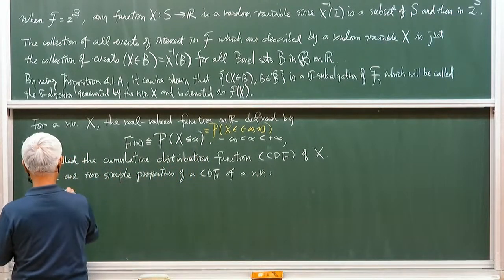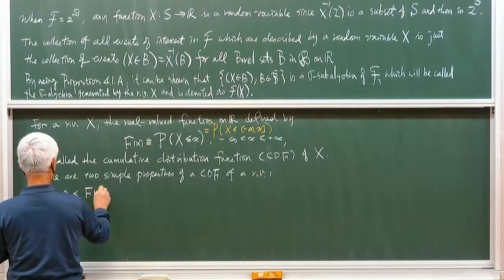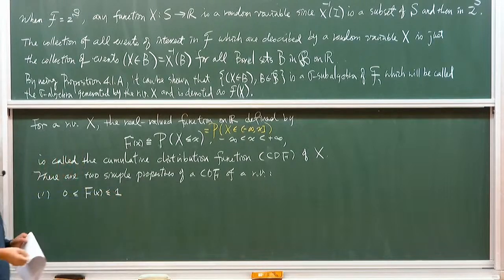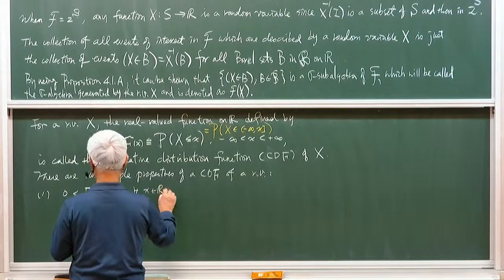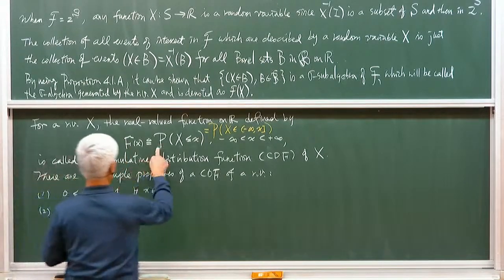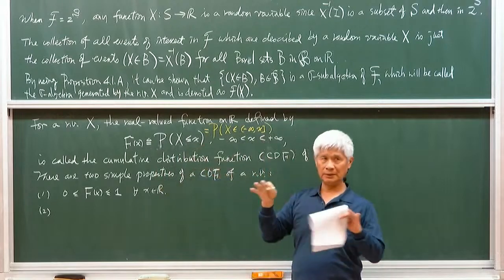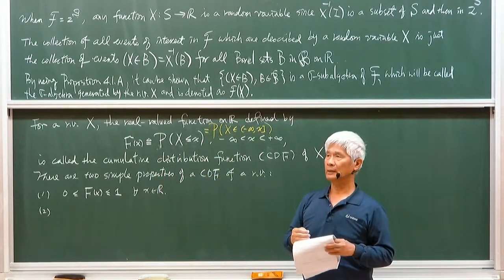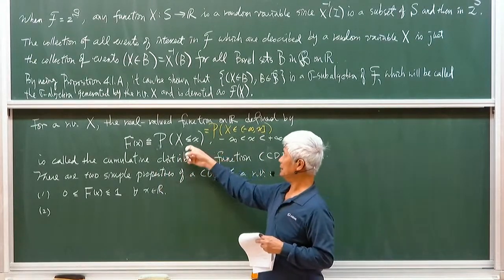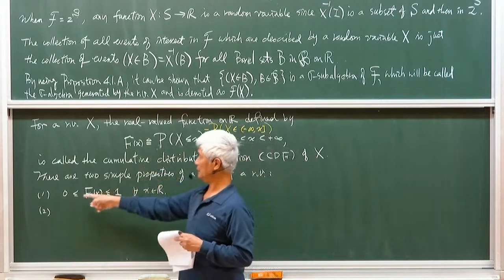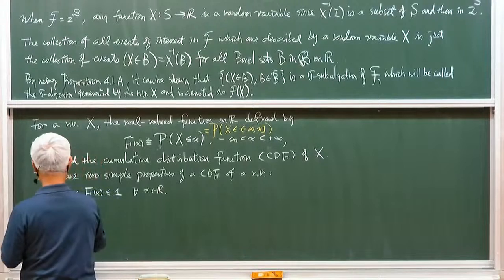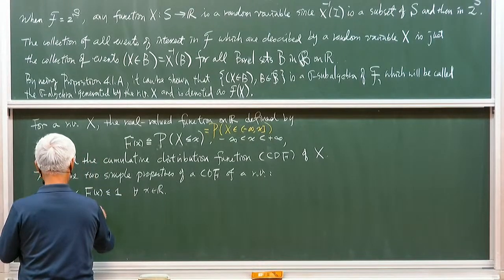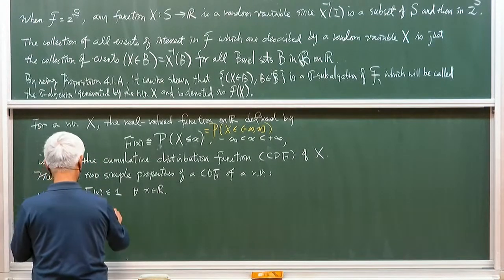The first one is that the function value of a CDF is between 0 and 1, because it is the probability of a certain event. We know that the probability of any event is between 0 and 1. The second property is that if A is less than or equal to B, then